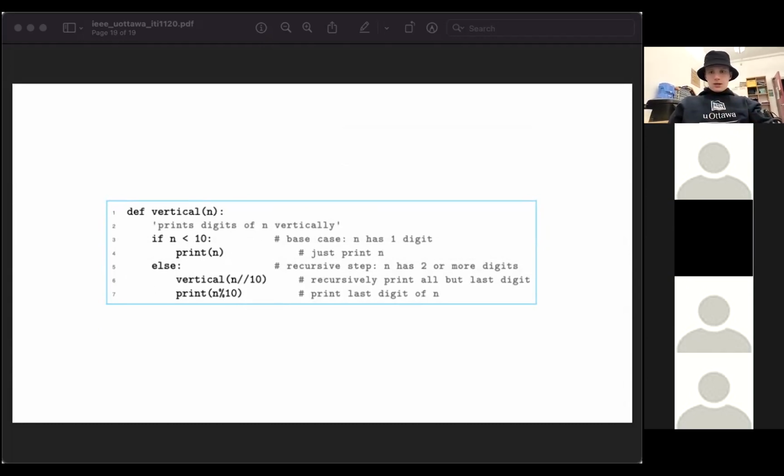I'm going to open up my IDE here and we can play around with that. Stop sharing my screen here.